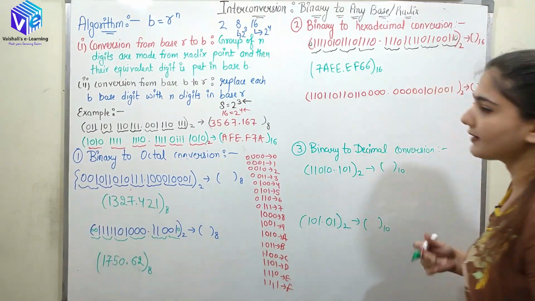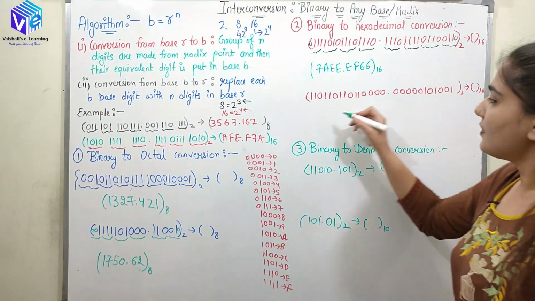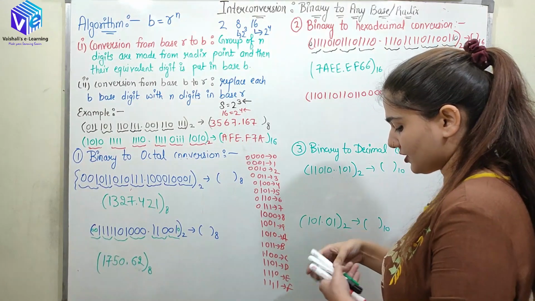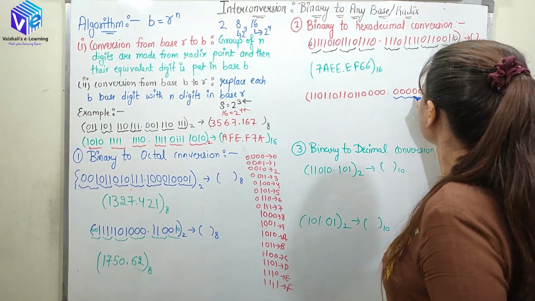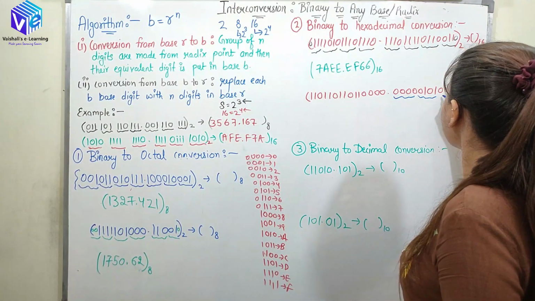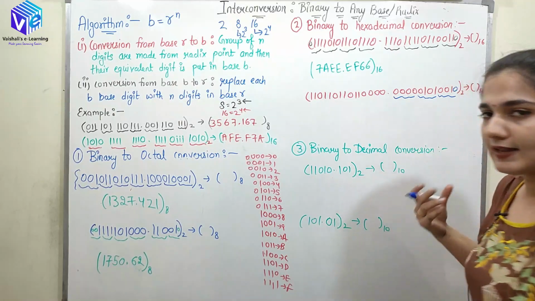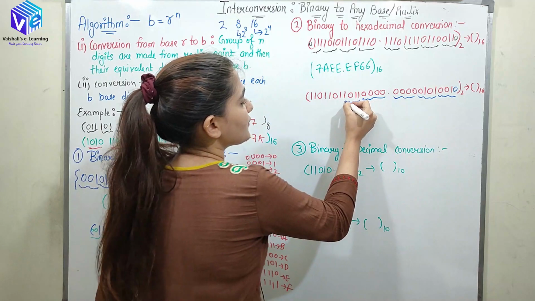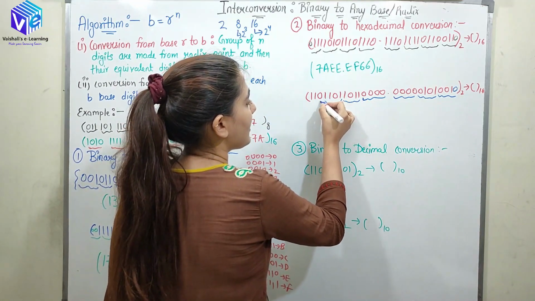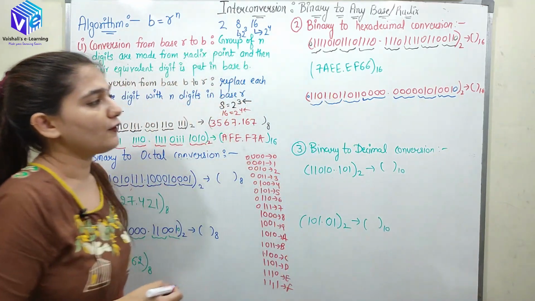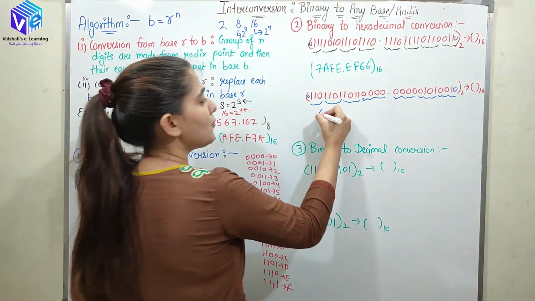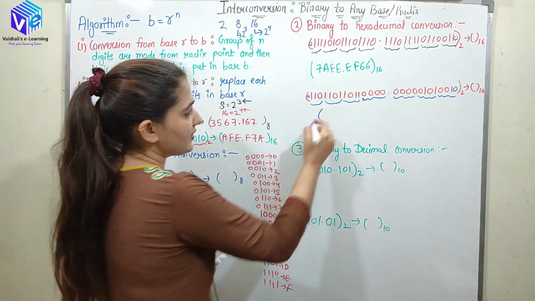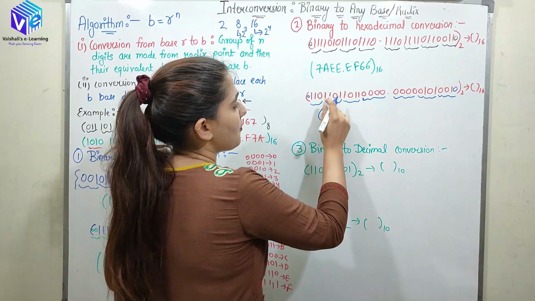So this is how directly I can do the conversion. Now I have one more question. Again I am going to make the grouping of 4. Whenever I cannot make the grouping, I will be adding prefixes or suffixes. So here you can see we have made all of the groupings. Now 0110 represents 6.